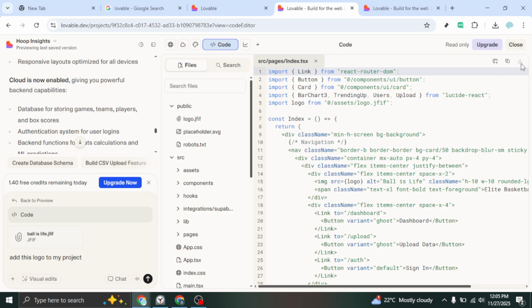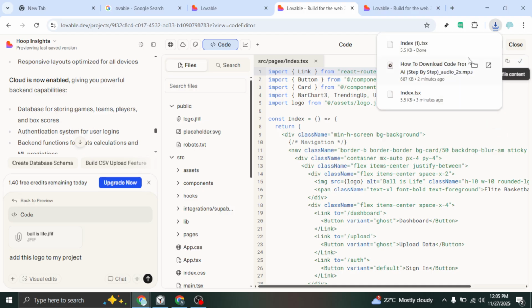Your browser should begin downloading a compressed file, usually a zip, containing your project's code. If your browser asks where to save it, choose a folder you can find easily, like your desktop or downloads folder. If the download is blocked or doesn't start, check for any pop-up or download permissions in your browser, then